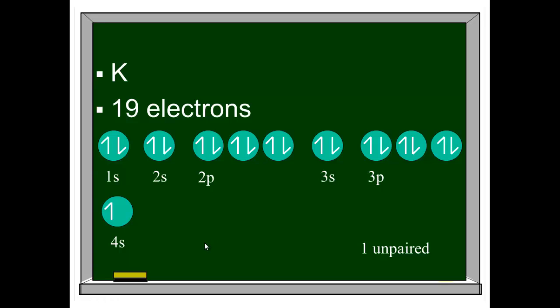And what you can notice from these last two configurations that we've done is that if there are going to be unpaired electrons, they show up in the very last portion of your electron configuration or of your orbital diagram. So once you get a little bit more comfortable with this, you can do the electron configuration up until the last part, and then you only have to draw the picture for the last portion of your configuration. So let's do manganese, which has 25 electrons, and we would go 1s2,